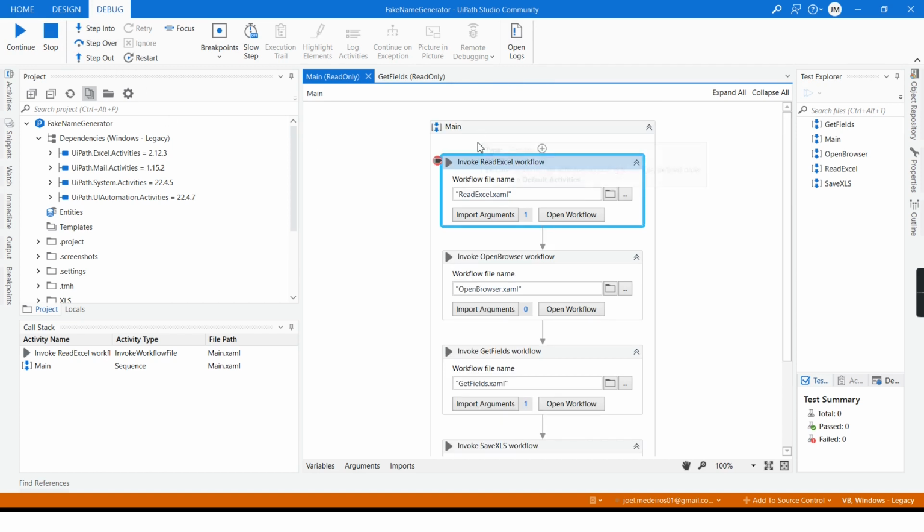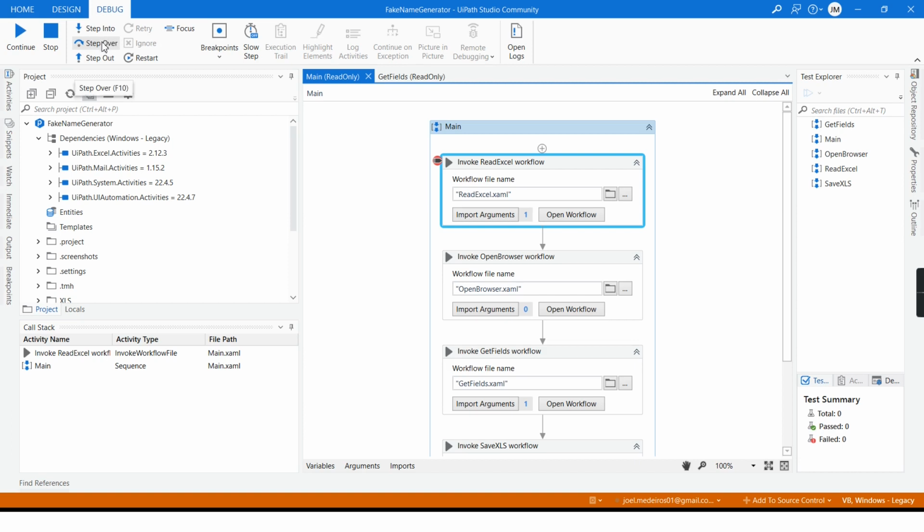Step out will go out of this scope here and then go to the next activity. But since this is the main workflow, if I step out from here, we'll finish the execution. And I can also restart if I wanted. Ignore and retry options are enabled only when there is an error in the execution.